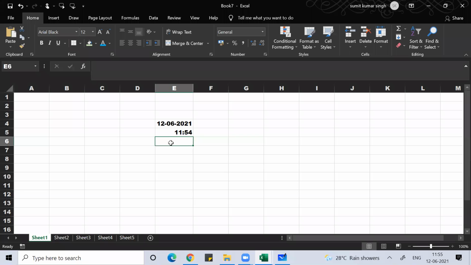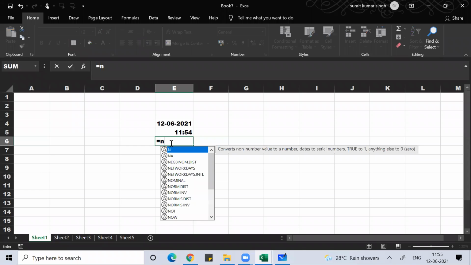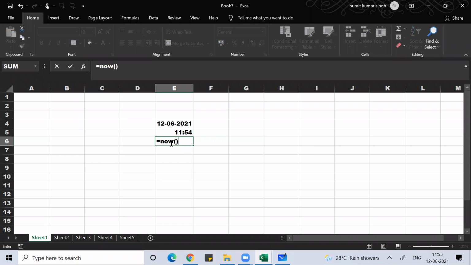When I attended the TCS interview, I got this question in the Excel round: shortcut key for current date and current time. If you want date and time together, you can use equal to NOW open bracket close bracket.